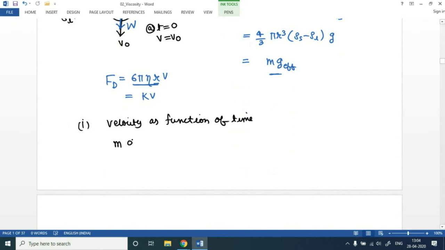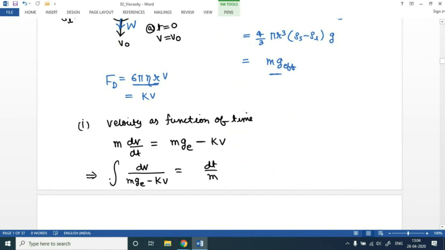So that got to be m times dv by dt, mass times acceleration, is equal to net force. So that would be m times g effective minus k times v. So that is our differential equation which we are looking at. So when we will be rearranging this differential equation, this will turn out to be dv divided by mg effective minus kv is equal to, say, dt